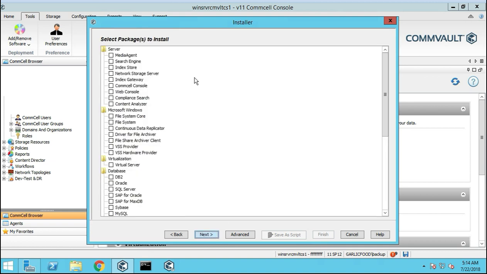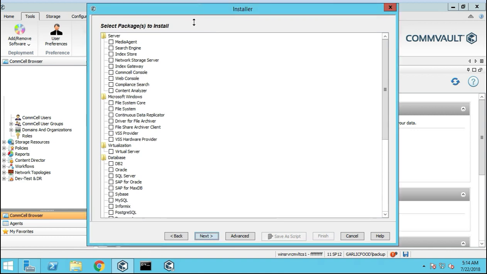And these are the things you can install. This is what's cool about CommVault. Version 11, yeah. Version 10 didn't necessarily have this, but you know what? I don't know that I've ever actually used the add remove software feature on version 10. I've always done it the other way, where you just take the software and you actually install it from the actual client versus pushing it, which is way easier, because just imagine you have hundreds and